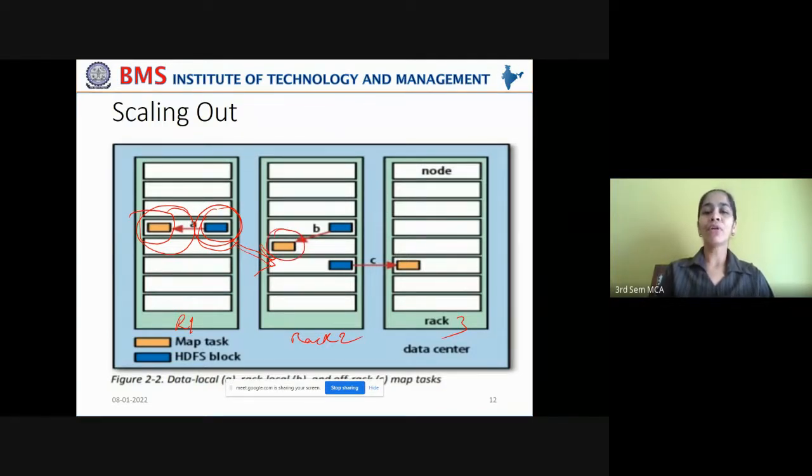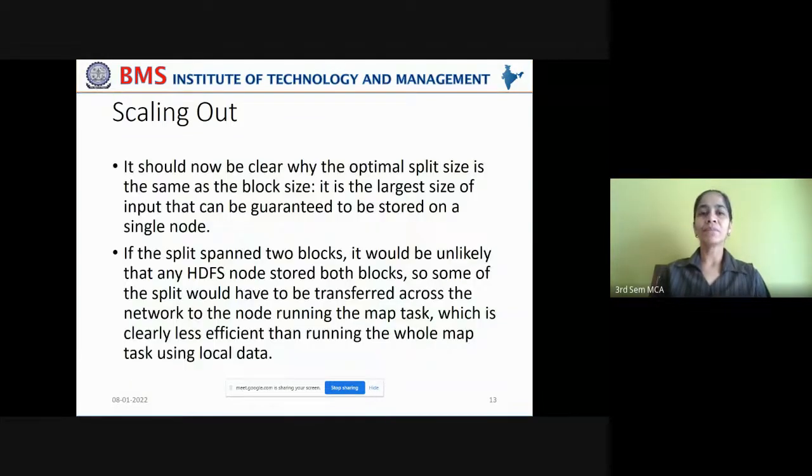Now, even if it is not free there, it will go to the third rack where the third replica copy is available for this fragmented data block, and see whether that data node is free to take up the map task and execute it. So this is the extreme case. Usually, the job can be executed without any inter-rack network transfer itself. But in rare cases, if it is busy with many map jobs, it can go to the second rack or the third rack to find a data node that has the data copy and is free of map tasks, so that the processing can be completed.